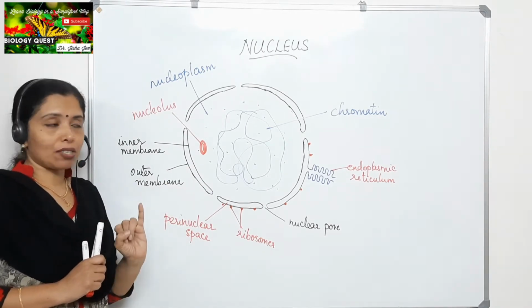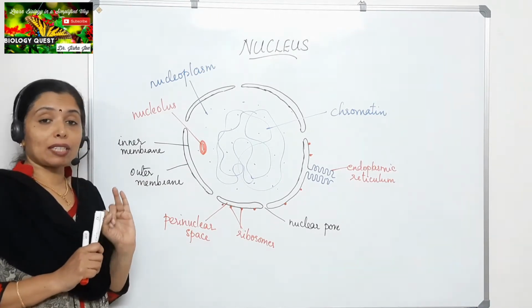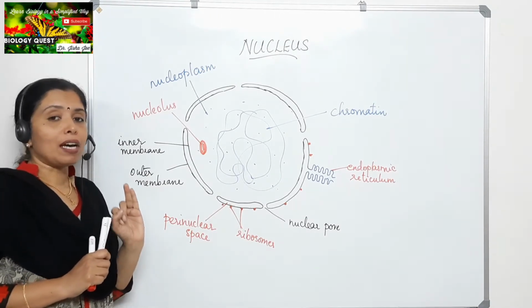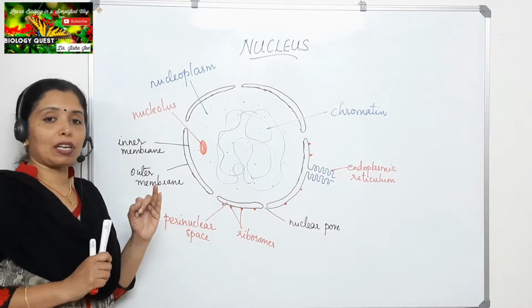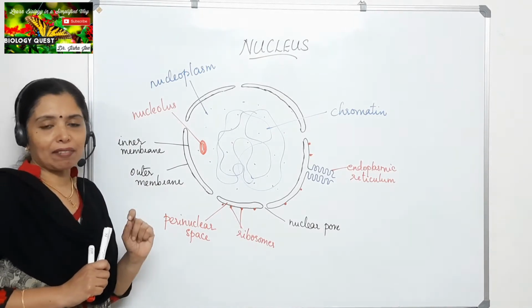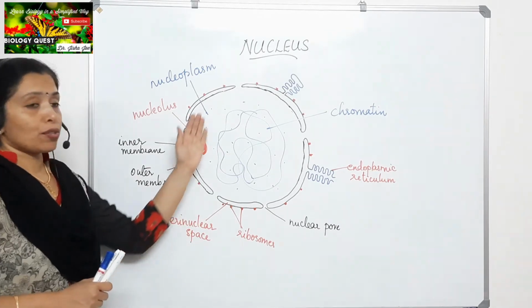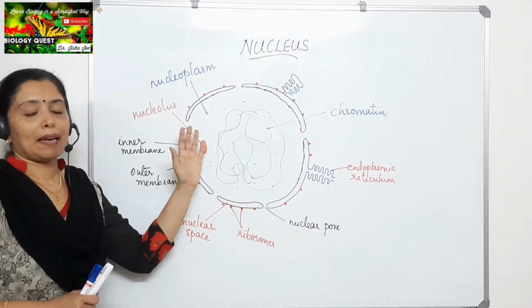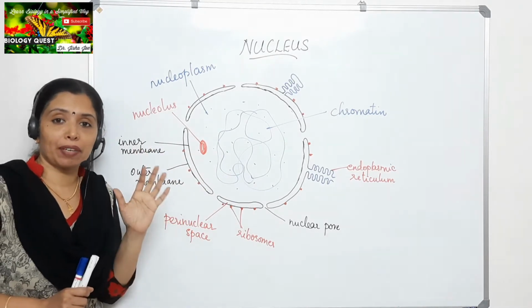So they are spherical structures not bounded by any membrane. They are the sites for the synthesis of ribosomal RNA. There will be more number of nucleoli and larger sized nucleoli in cells that are actively involved in protein synthesis. The nucleus, as you can see in this figure, appears like this in cells which are in the interphase stage.